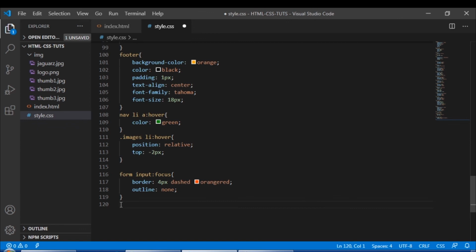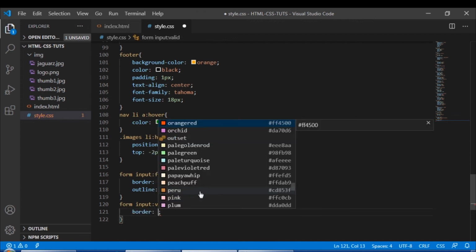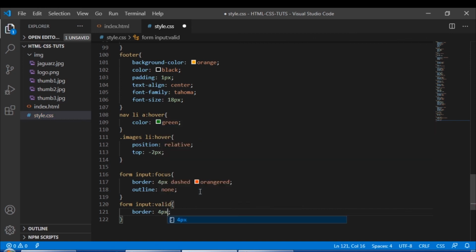One thing about the pseudo class guys, specifically on the input, so once we input something, like for example email, once it is valid, then you could change the color or you could change something. Okay, so you will be using the pseudo class valid. So let's say for example form input, and then valid, and then what's gonna be the declaration. So let's say for example border, and then 4 pixels, and the color is solid green.